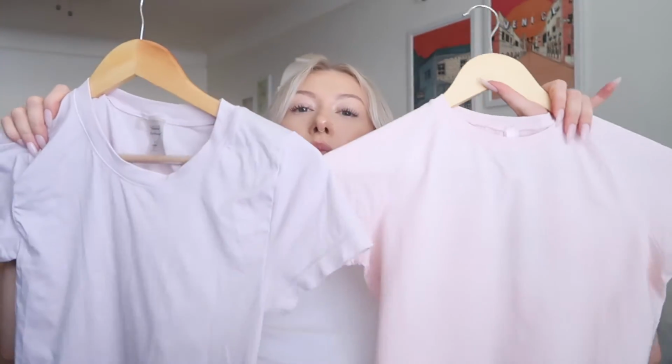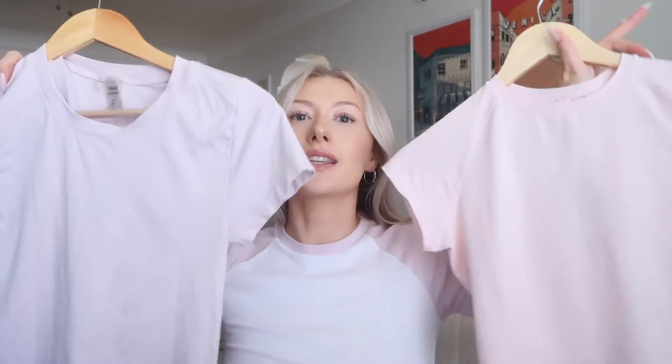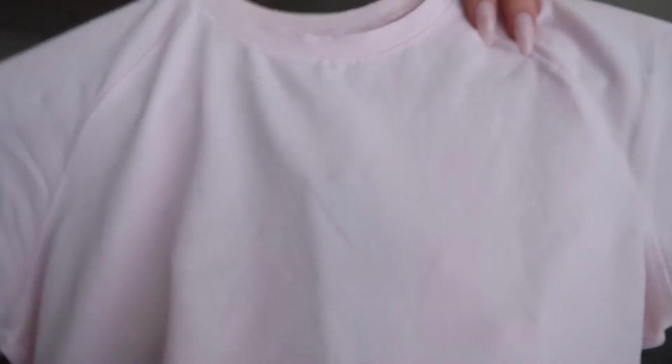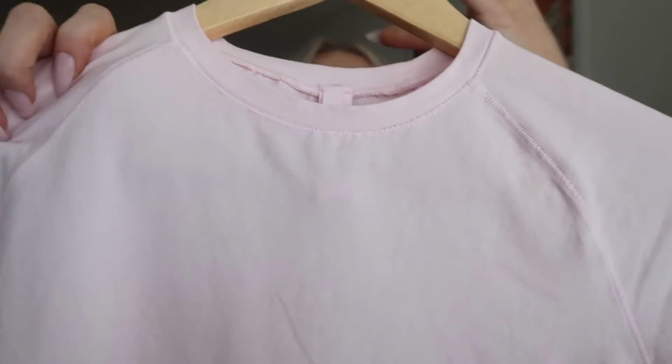Oh wait, I'm an idiot. It's also this color. The Aritzia one's a little bit more cool toned. It has a bit more of a purple undertone. I feel like it almost looks lilac next to the Skims one, but in person it's definitely just a cool toned pink. But I also love the Skims color. I think it's equally as pretty. Again, just to show you up close because I feel like it's super washed out, but just a really pretty feminine